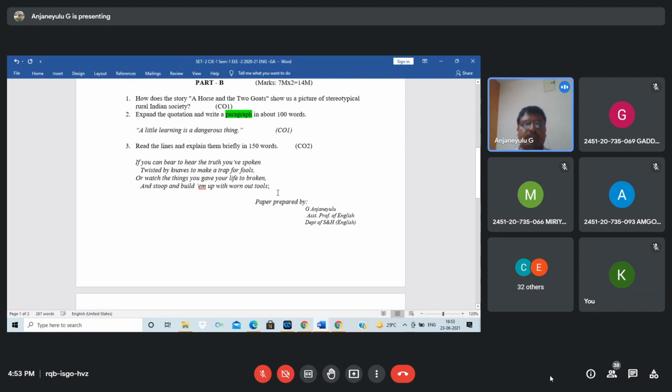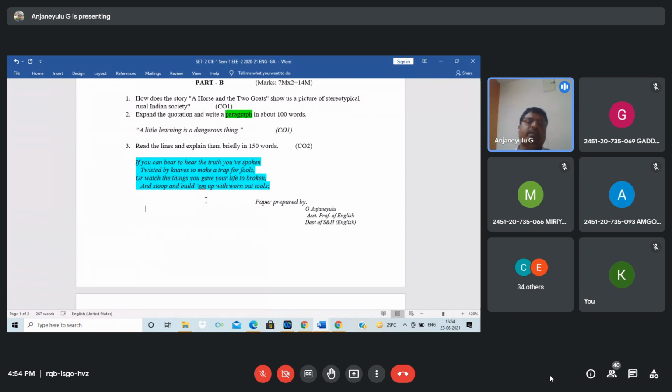So it is a poem. Tell me the name of the poem, these lines, this stanza. Students, what's the poem? "If," sir. Yes, "If," a poem written by Rudyard Kipling. Exactly, Rudyard Kipling is a British poet. He explained and motivated his son. He wrote a poem about how his son could become good in society. It was really motivating. But from looking at these 4 lines of the poem, you have to explain briefly.